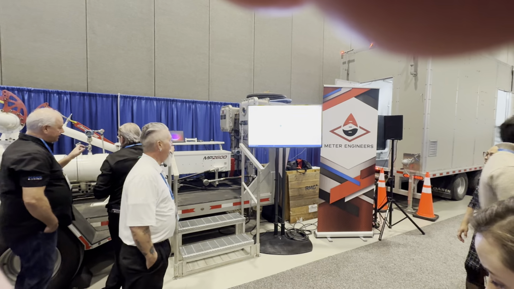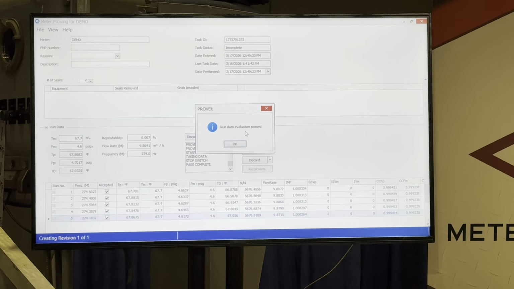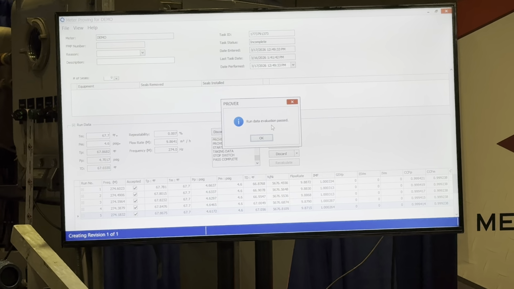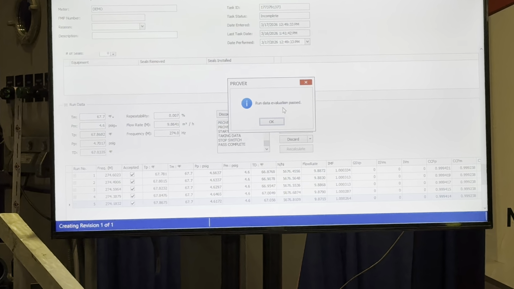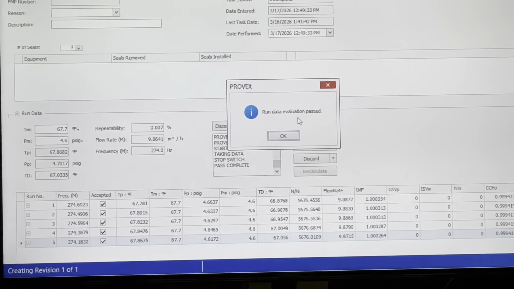Right now, this will come out at 5 runs at .007. So that's pretty much a perfect proof. Normally, what I do, I bump it against the last